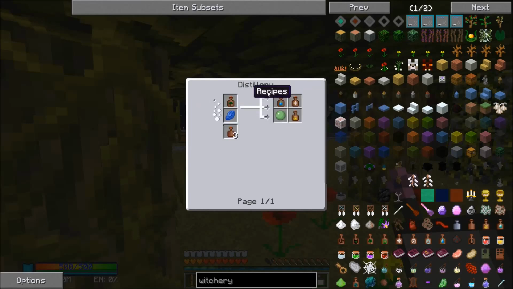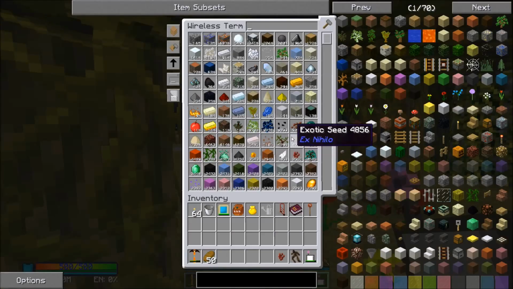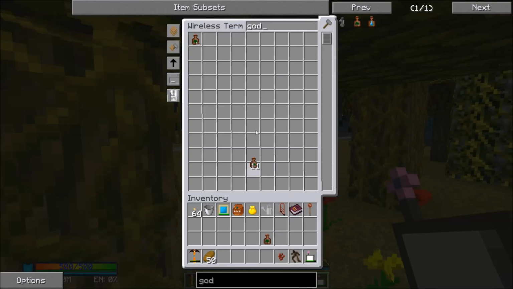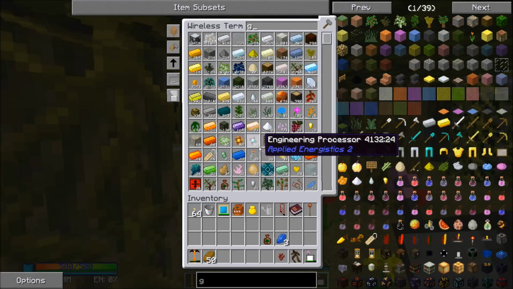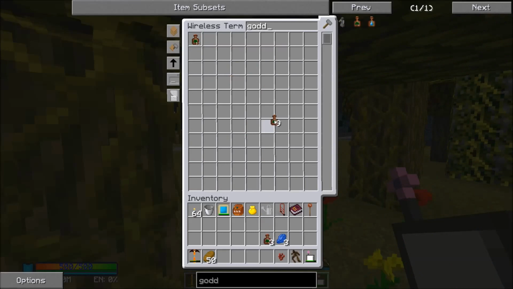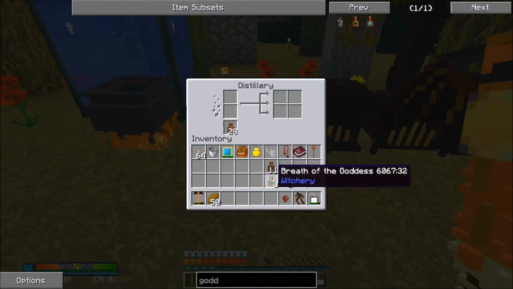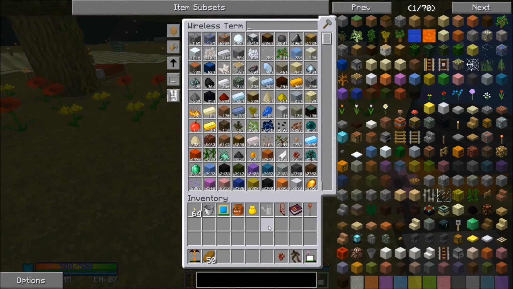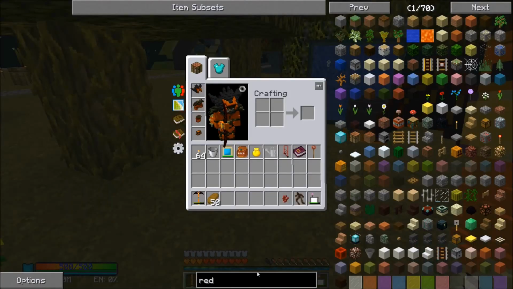Now these are a little bit more involved. Tear of the Goddess is Breath of the Goddess and Lapis in a distillery, which we may actually have some of that. I'm not entirely sure. Yes, we have Breath of the Goddess. So then if we just get ourselves some lapis. And let's actually, while we're doing it, let's go ahead and just make a few of these, because it never hurts to have extras of like everything. That's almost true of like any mod, but witchery is definitely one of those. Okay, so we got that going. And while that's cooking up...